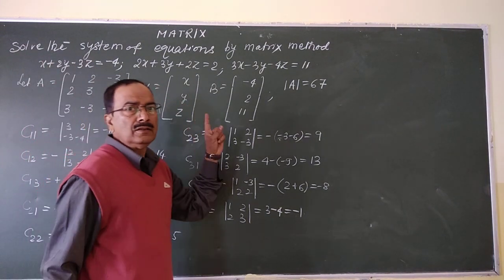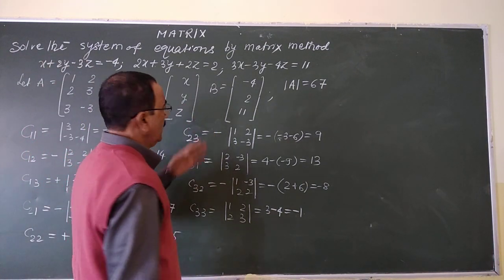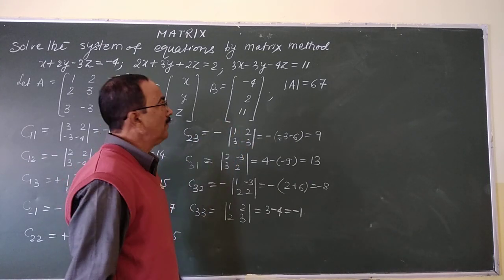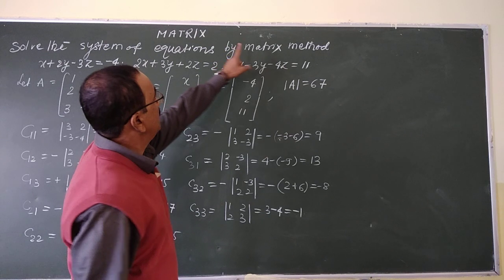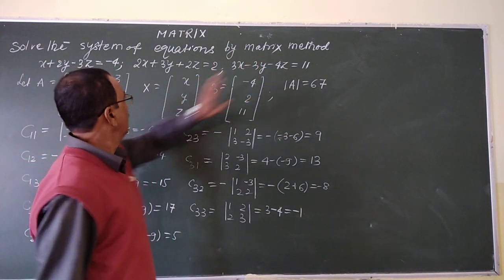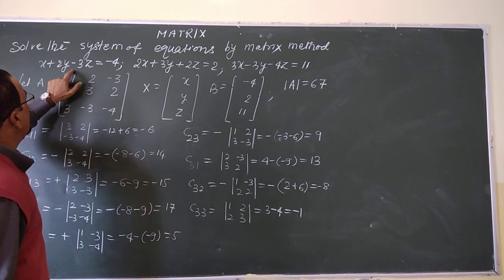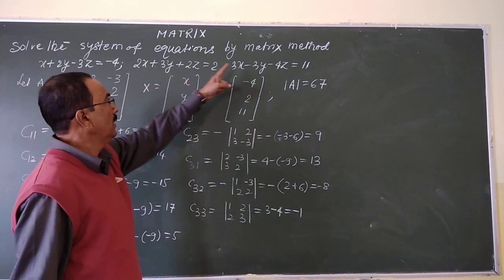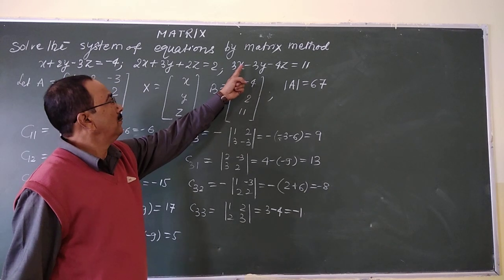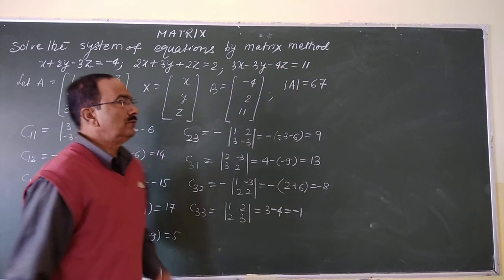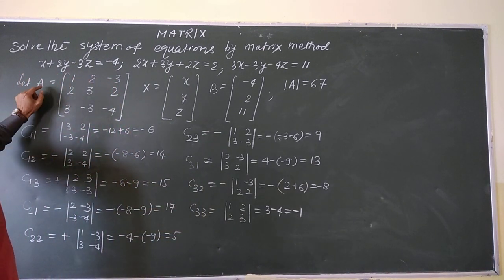Now this is the question from matrix algebra. In this question we are going to solve the system of linear equations by matrix method. Equations are given here: x plus 2y minus 3z is equal to minus 4, 2x plus 3y plus 2z is equal to 2, 3x minus 3y minus 4z is equal to 11. So first we assume let A